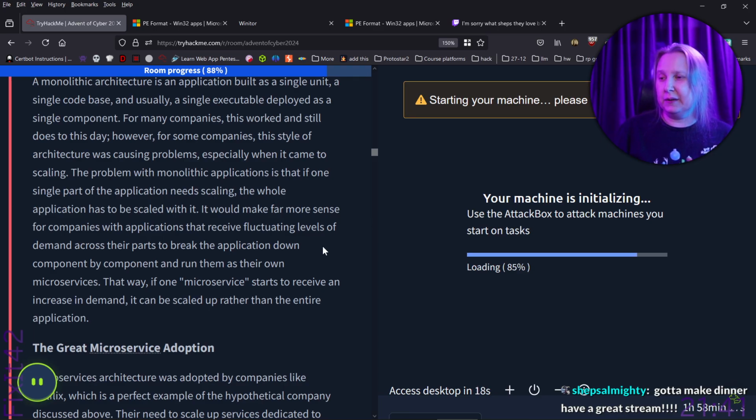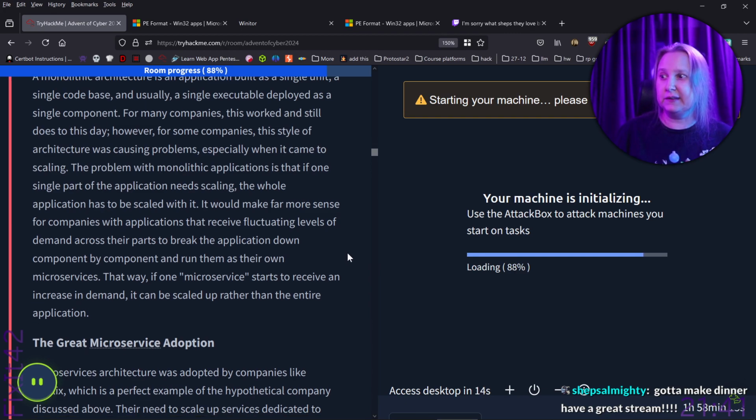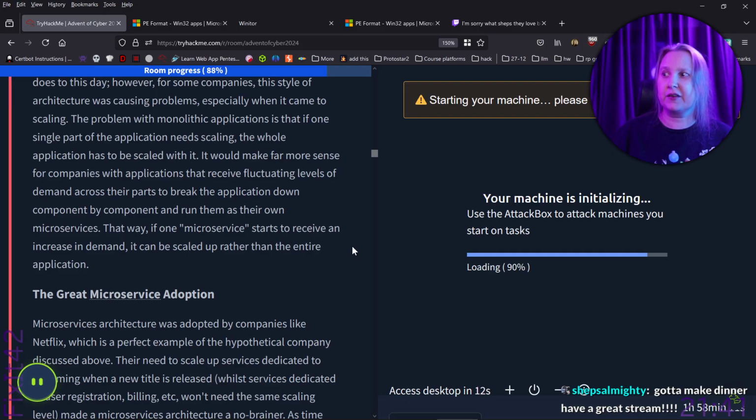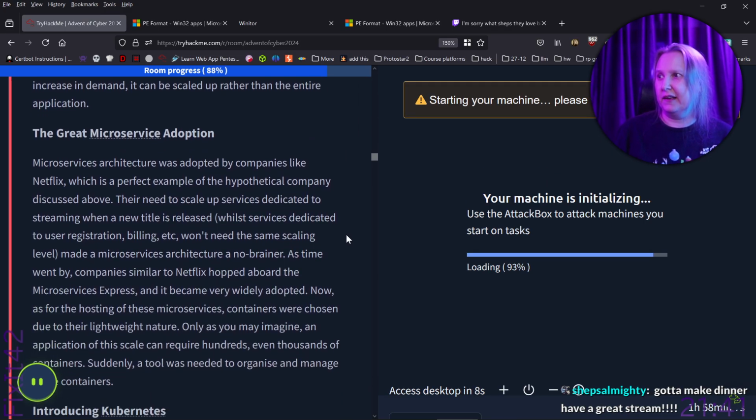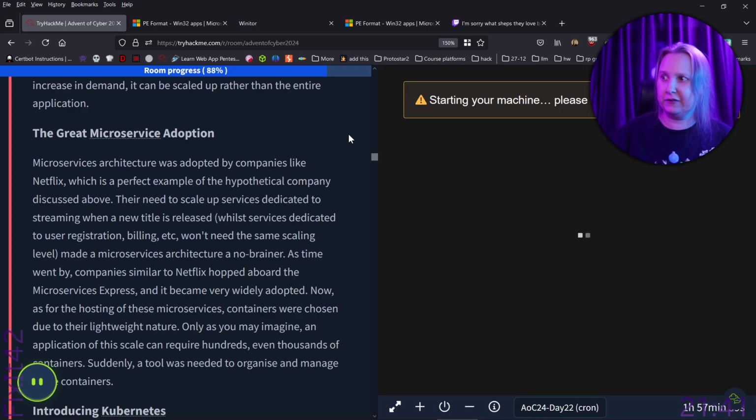That way, if one microservice starts to receive an increase in demand, it can be scaled up rather than the entire application. Yeah, sounds smart. The great microservice adoption. Microservice architecture was adopted by companies like Netflix,